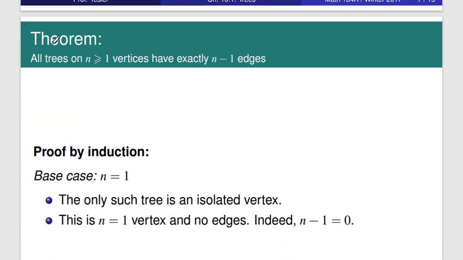Okay, next: all trees on n greater than or equal to 1 vertices have exactly n minus 1 edges. Okay, we do not have this theory given, we have to find it out. Okay, in last semester